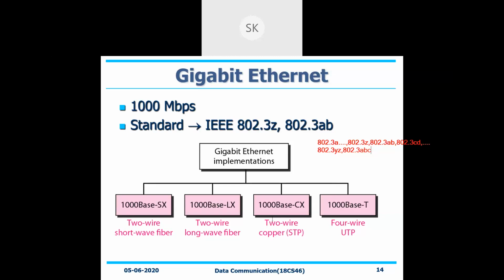Whereas your 1000 base SX means what? It's a short wave fiber. It is a fiber network. So SX and LX will be nothing but your fiber way of network that has been subcategorized, short wave followed by long wave. So what is the duration of the wave that you want to transmit? Based on that, short wave followed by long wave will be generated. Based on that, the 1000 base SX followed by 1000 base LX will be coming into the picture. X refers to how many wires that you want to have.